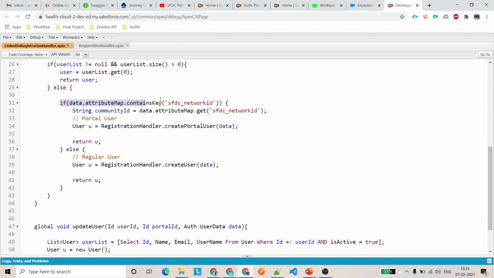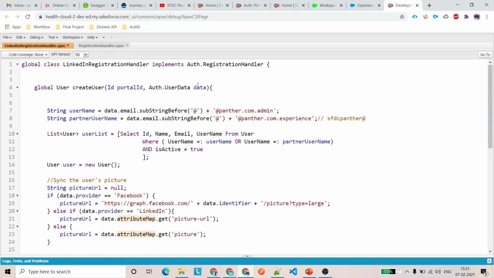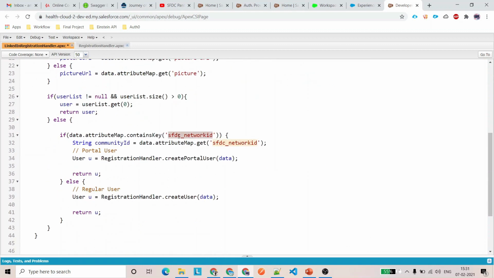Otherwise, here we are checking if the attribute map, which is inside the data attribute under the user data class, contains the network ID, sfdc_network_id, which tells us that the user is trying to log in inside the Salesforce communities, and we quickly get that community ID and store it inside a variable.